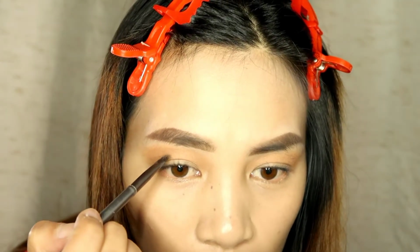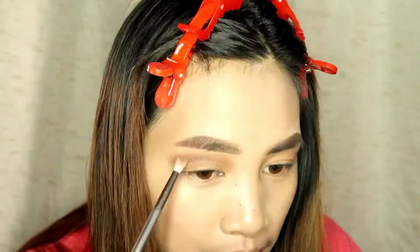And so that's my transition color. Now let's move to a darker one. Yan, so ayan yung concealer natin, but sorry, wala tayong shimmer dito, so I will be taking from this Iconic